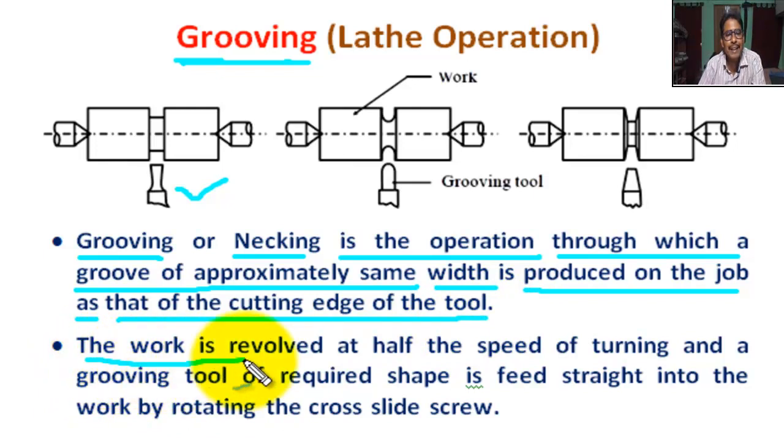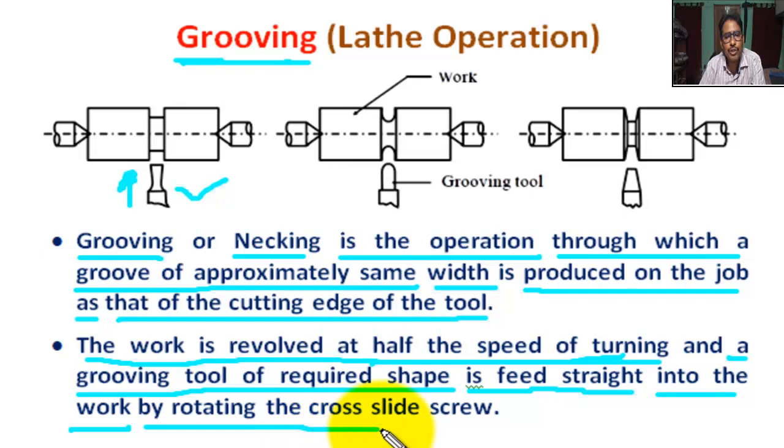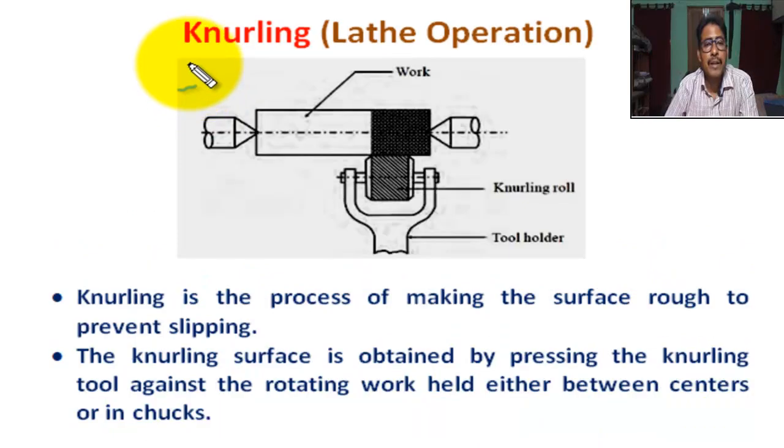the work is revolved at half the speed of turning, and a grooving tool of required shape is fed straight into the work in this direction by rotating the cross slide screw. Okay. Next operation, knurling